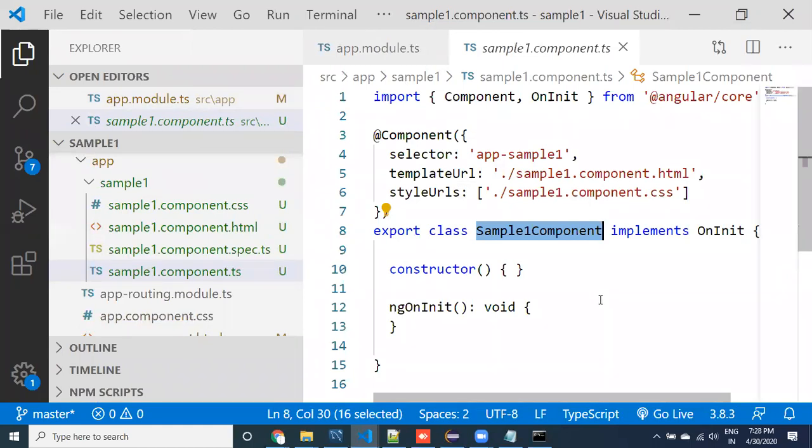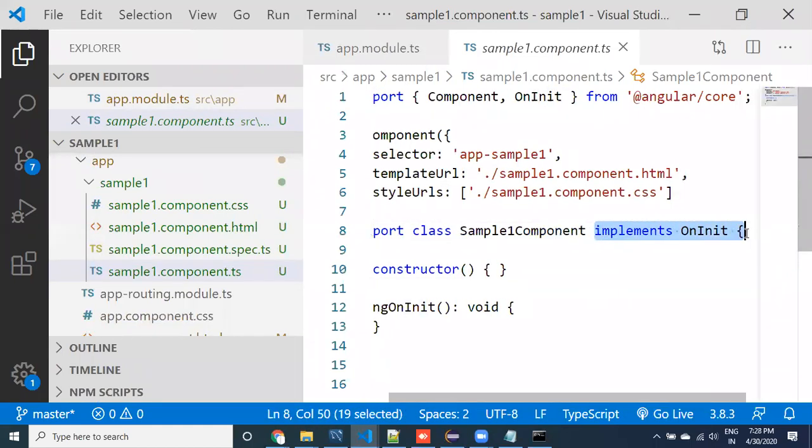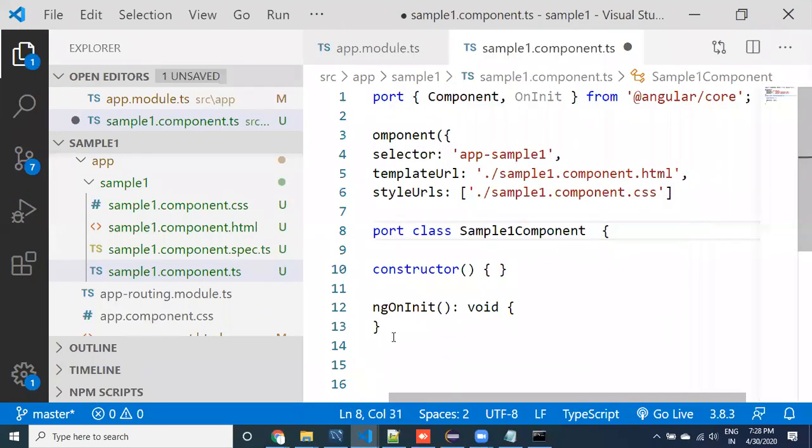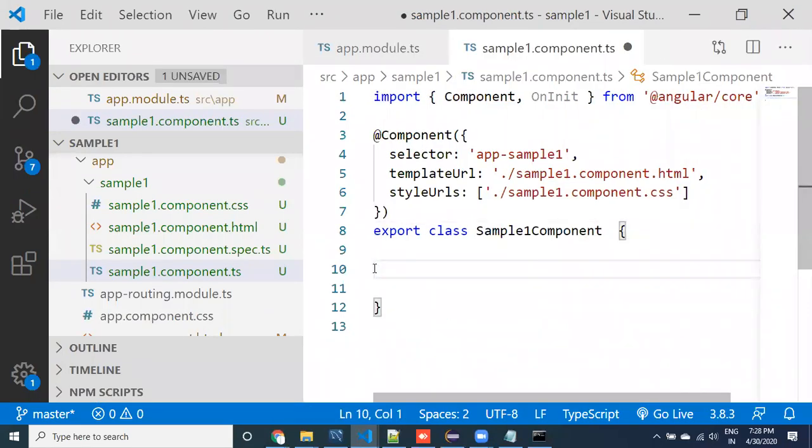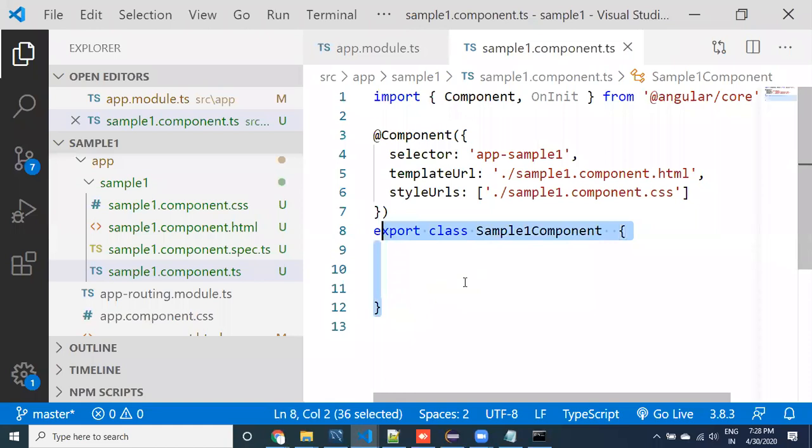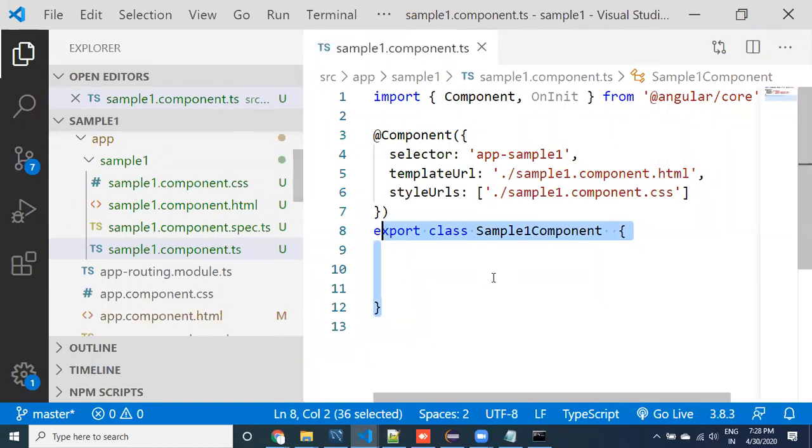This is our own component file. Don't worry about all these implements, interface and all those things. You don't need to provide anything. It's just a simple class created by default. This component has been registered in the module. Now the new component has these 3 things. This is the component configuration.